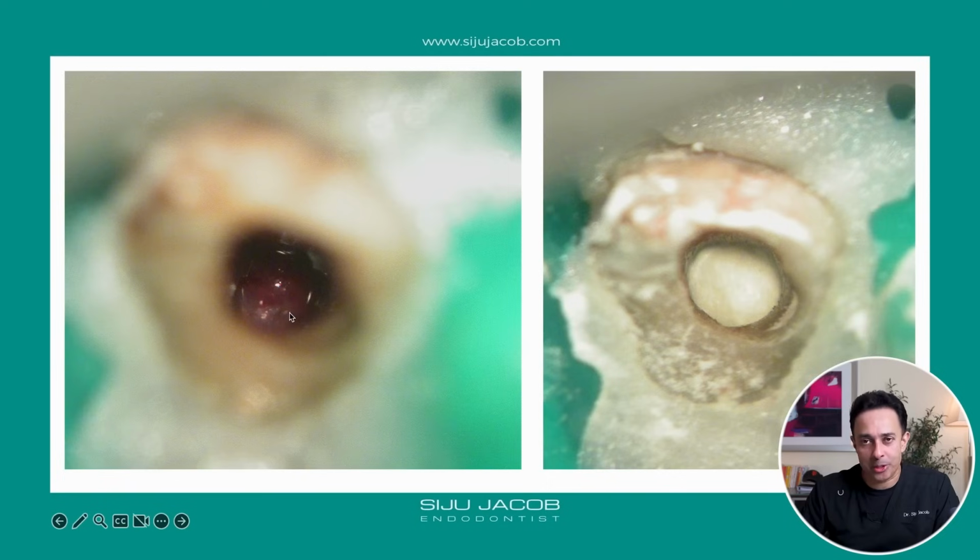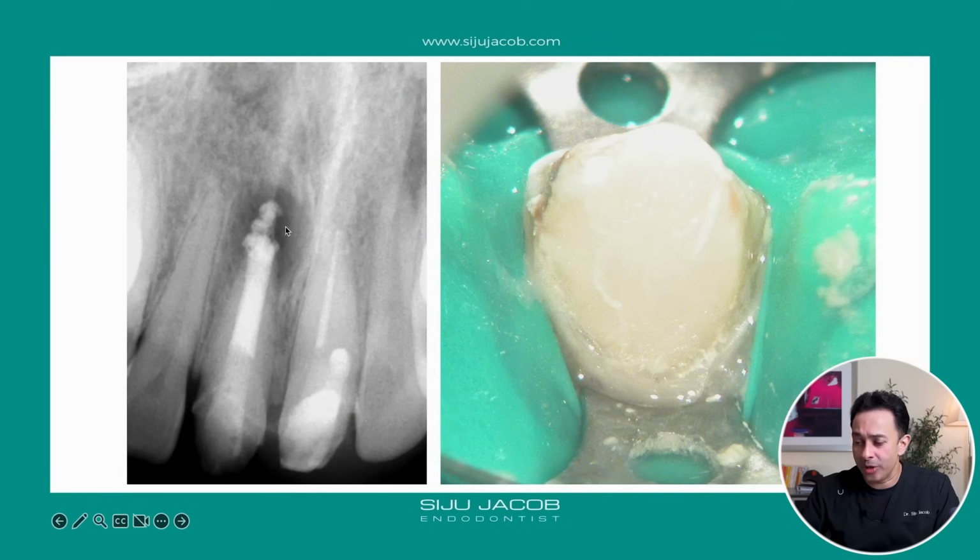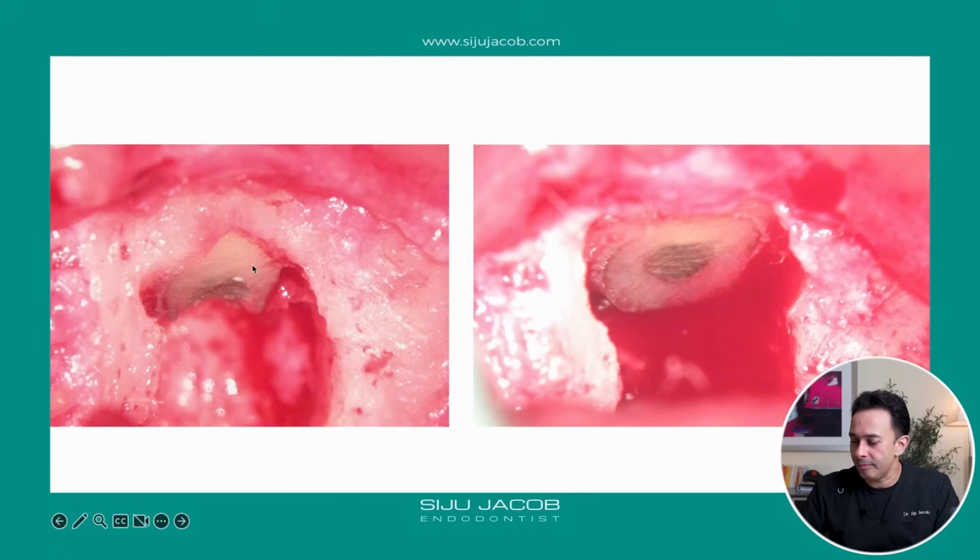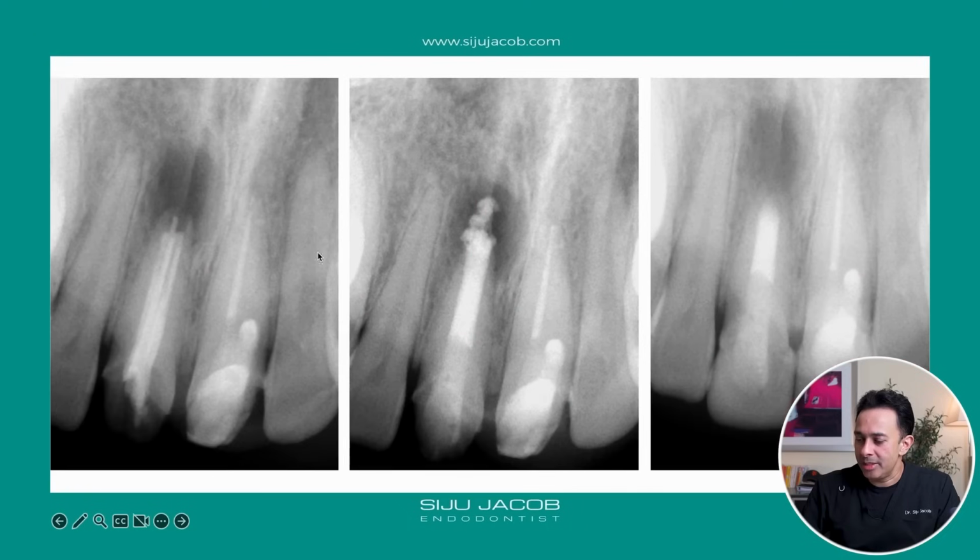And you can see inflamed tissue. So it's not ideal, but because we were doing immediate surgery the very next day, what we did was we put MTA forcefully into that area, extruding it a little bit apically, knowing fully well that we are going to do immediate surgery. So in this case, we extruded MTA and then did a coronal restoration, a fiberglass post there, and we immediately raised the flap, curetted the lesion, and you can see the MTA there, and then flattened the tooth as well. So that's the MTA.